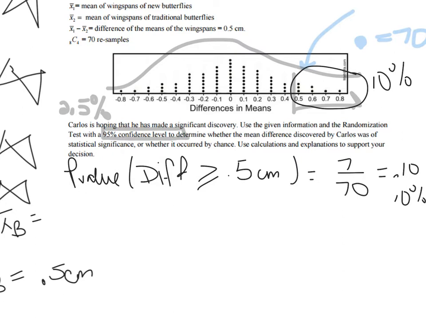Is that statistically significant? No. It is not less than this 2.5% level. It's not even less than the 5% level for the 90% level of confidence. So he did not see something statistically significant. He saw something due to mere random chance. So we're going to write a conclusion here, and you always have to make sure your conclusion is in context. So we're going to say, and forgive me for my handwriting,